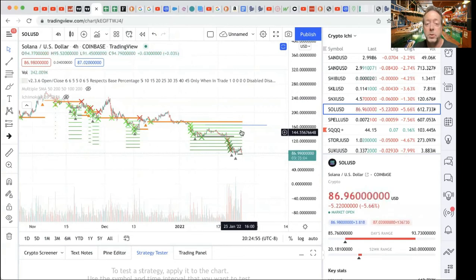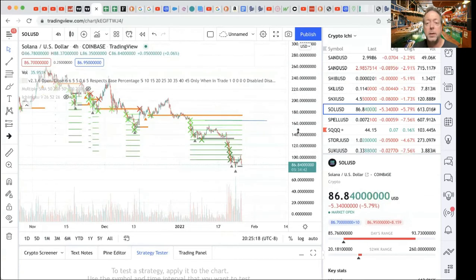I'm in on the other coin, so I do need to wait till it reaches this level. I could wait for this to swing all the way back up. If I have the time and the money sitting there and it's not a big deal, I'll wait for it to swing because I'll make more money. But if I want to get my money out quicker, and I don't want to wait a month or two or three, then what I might do is buy down here and sell up here. So for any of you that are in on Sol right now, get a pen, write